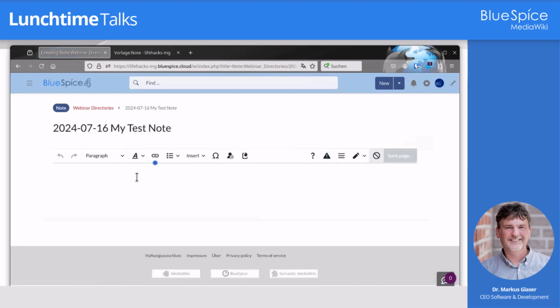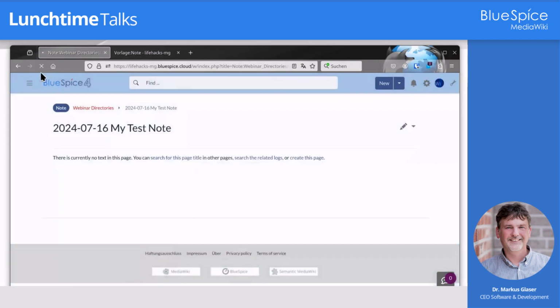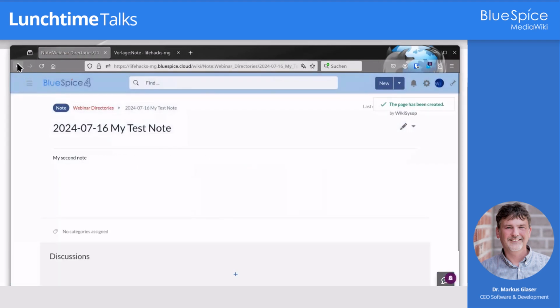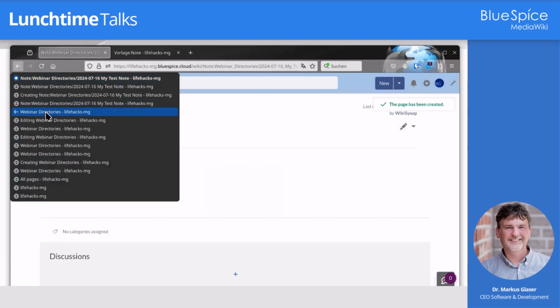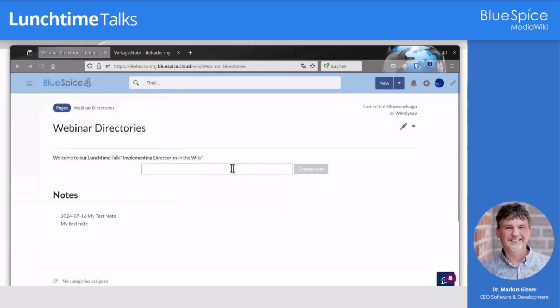So this is my second node. I save it, and then we go back to the directories page. And you see now we have two nodes here. Okay, so that gives us a round trip. We can create nodes now, we can associate them with the page, and whenever we create nodes, they will be added